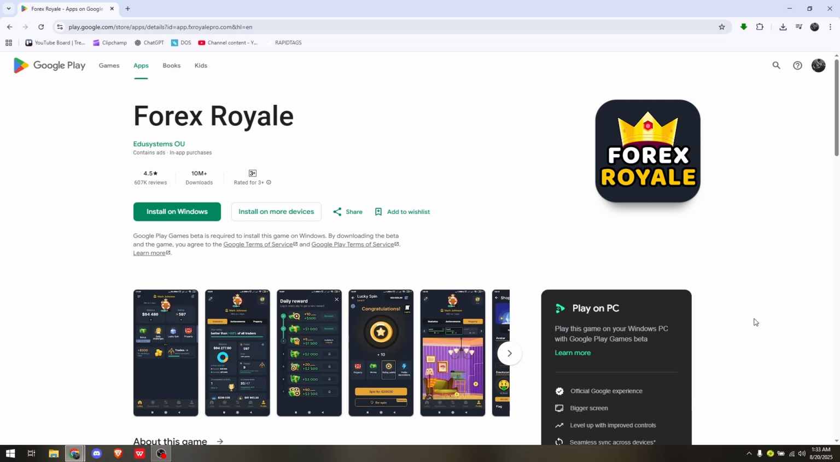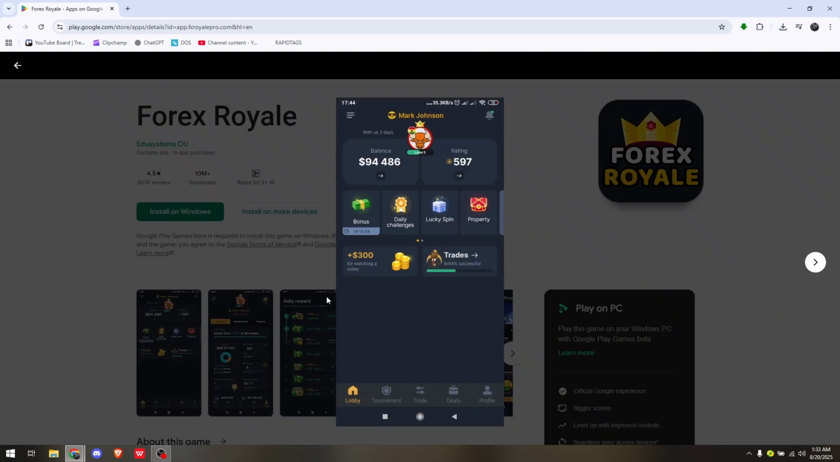How to transfer money from Forex Royale app to bank account. First things first, before we dig deep into that specific title, I'd like to explain to you guys what